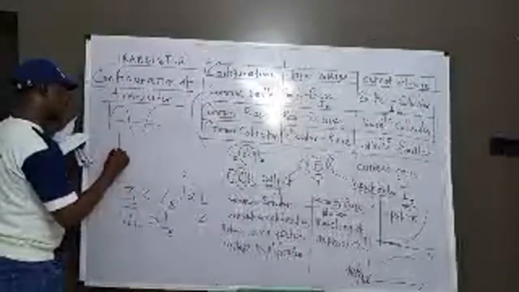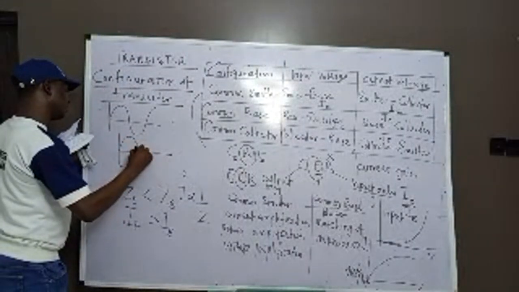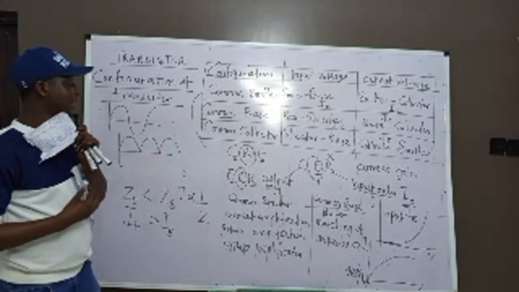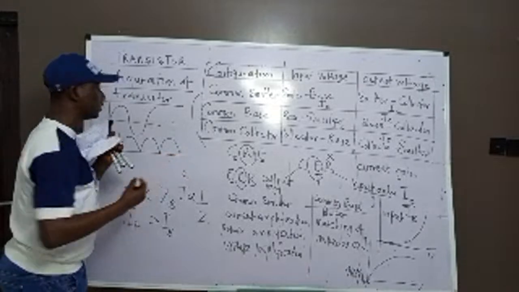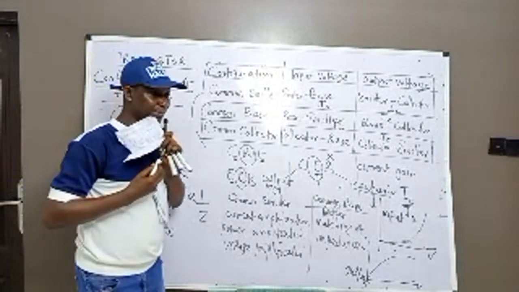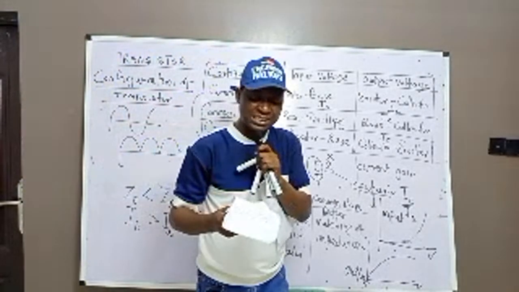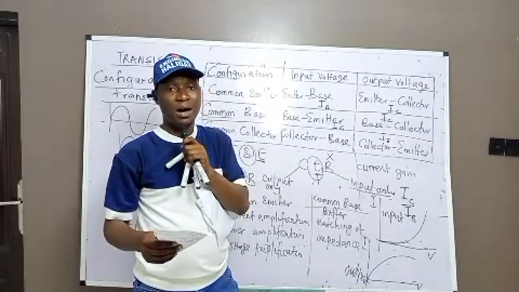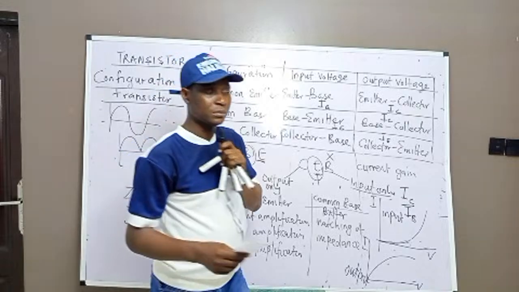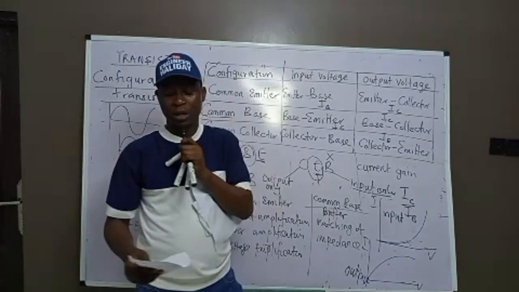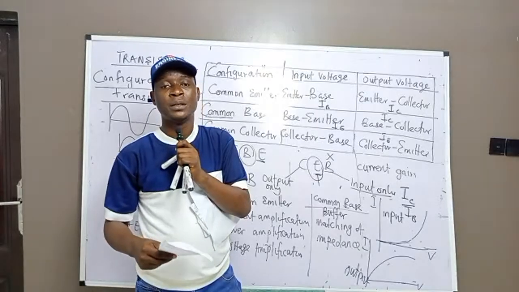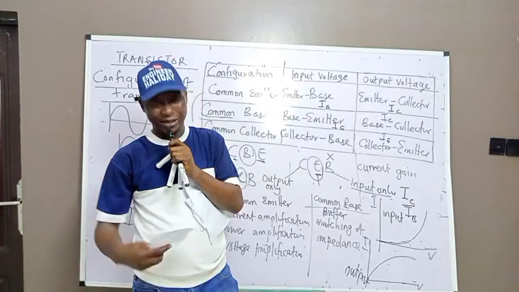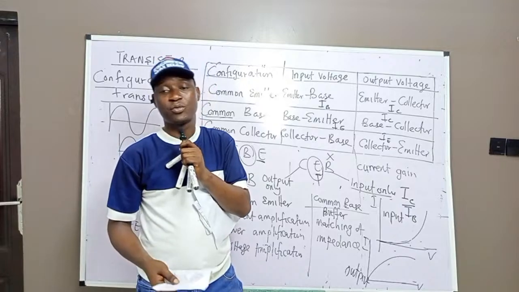Why direct current? This one is direct current. And the device that converts AC to DC is a rectifier, which I've explained before. But a transistor does not do the converting of AC to DC. What it does is help to amplify, it helps to relate, it helps to